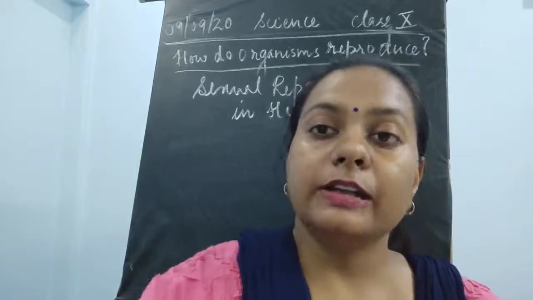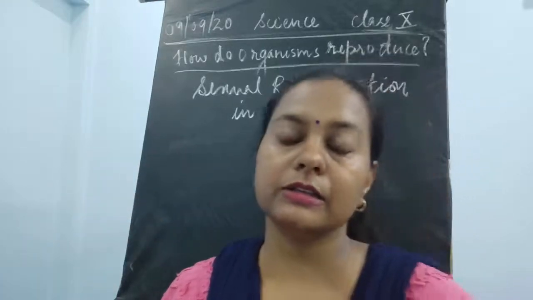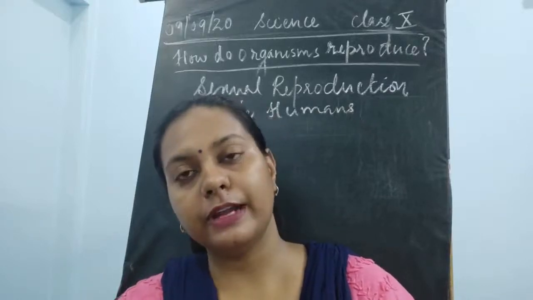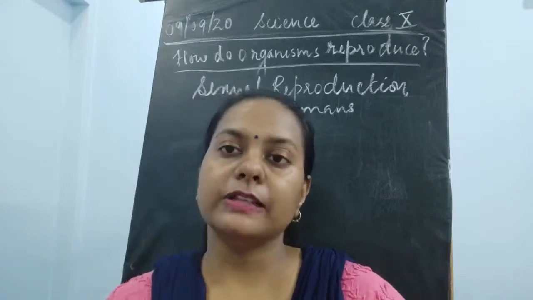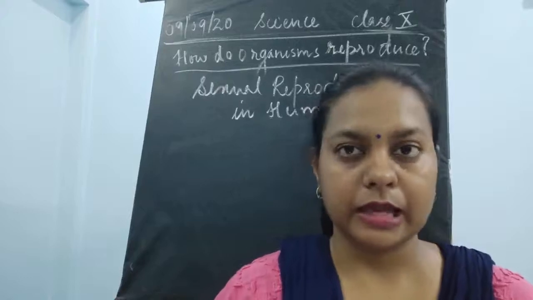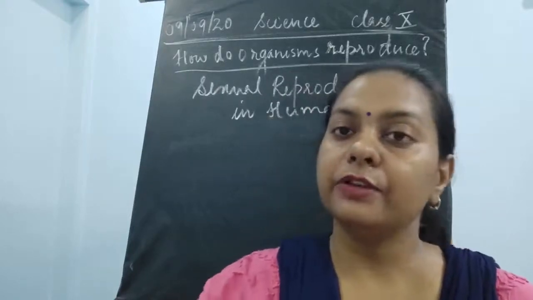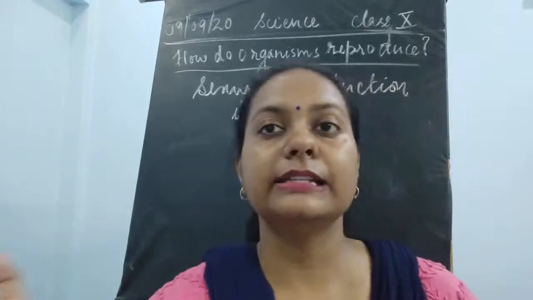Fine. So we need to speed up this variation, because without variation new species are not formed, and all those species which are already present, all those animals, birds, plants, human beings, they would not have any kind of difference. And if there would be no difference, it means evolution is not taking place, and evolution has to take place. That is why the variation has to increase its speed.